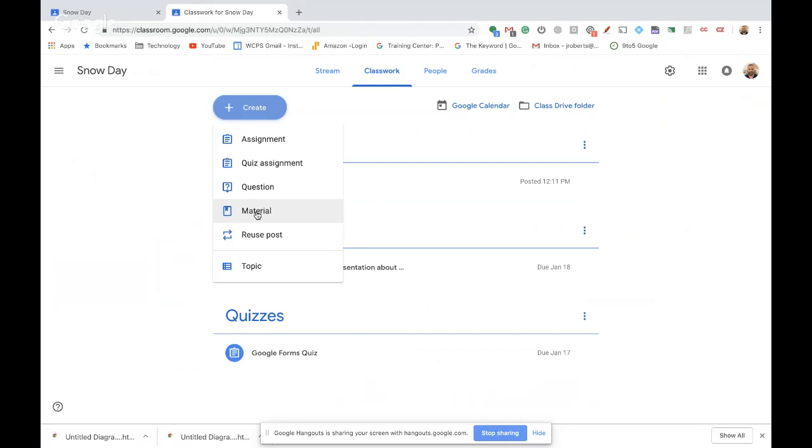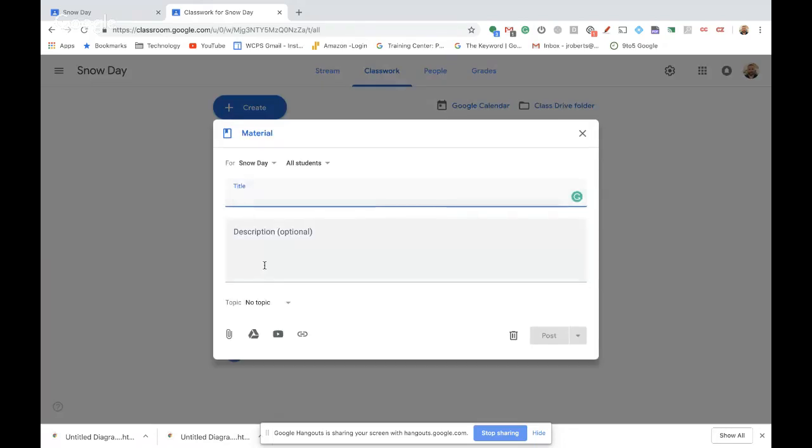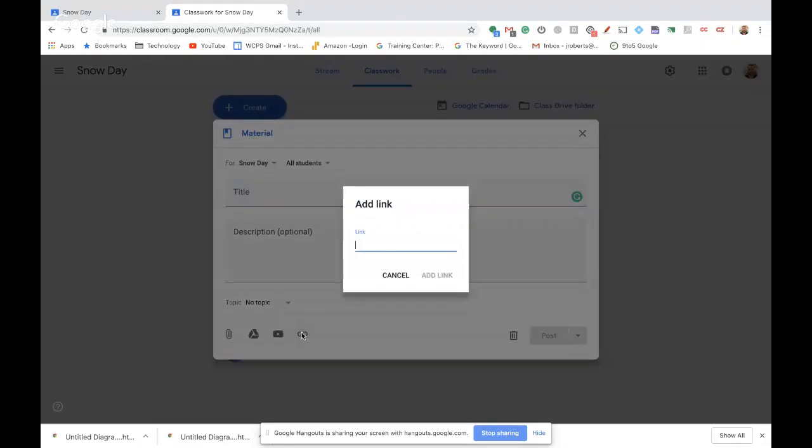I could throw all my syllabus in there. I could throw in notes. I could throw in a list of websites, or I could throw in links to websites if I wanted to. So if I missed my About tab, which a lot of people did, the materials within classwork is the way to go to get back that functionality. So when I click on material, I can come down here and if it's a website,